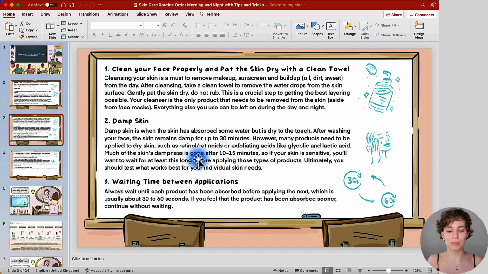And this basically means that the product has already absorbed too fast into the skin, your skin feels overwhelmed with it. So what you can do instead, if that should occur, is that after your cleansing step, you're going to wait those 10 to 15 minutes before you apply such products to the skin so that it can already somewhat dry, so that the product is less likely to absorb that fast into the skin.